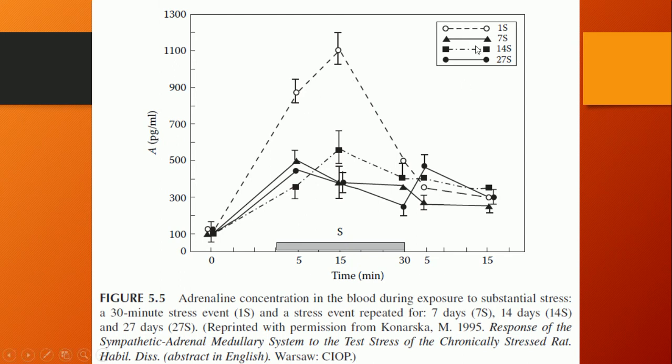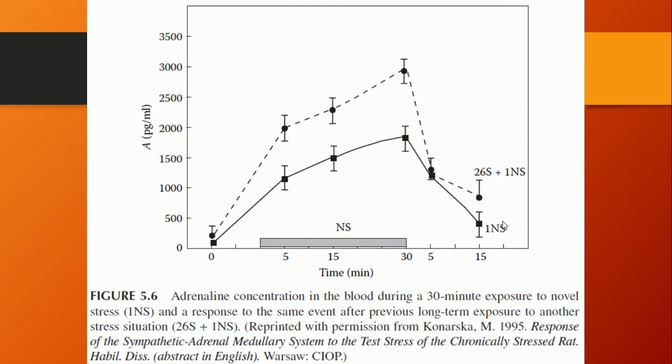So you can see, because the person is repeatedly exposed to the stress, what happens to the adrenaline? It becomes lower because the body is repeatedly exposed to the stress. The adrenaline is lowered because the body is already used to the stress. So the adrenaline level becomes low. This chart only concludes that really our body is adapting to stress and how to cope with it and how to survive the stress. So we have another chart.